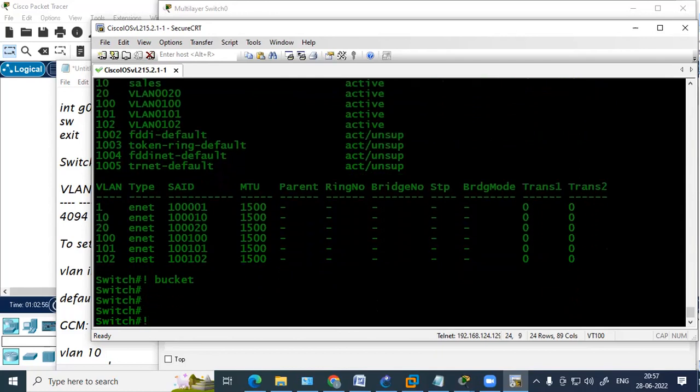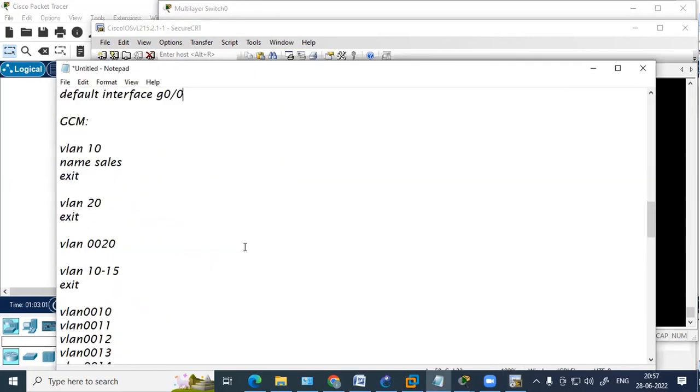Now next is communication rules. See, by default,